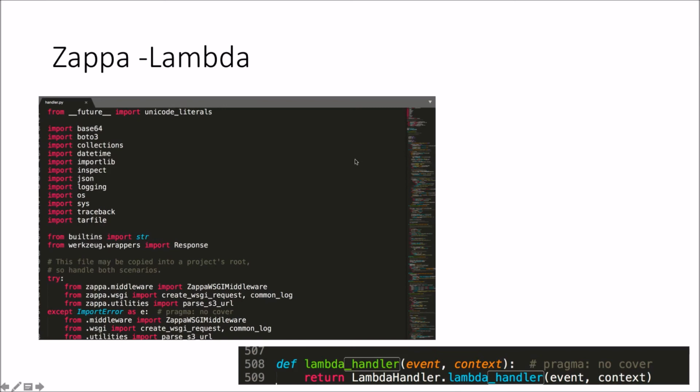But on the bad side is it abstracts things too much, in my opinion. So behind the scene, the Lambda function that's being called refers to this file here. And as you can see from this file, it's quite dense with code, and somewhere at the very bottom you can find that within this code it actually has a class that has this method which is just routing it into